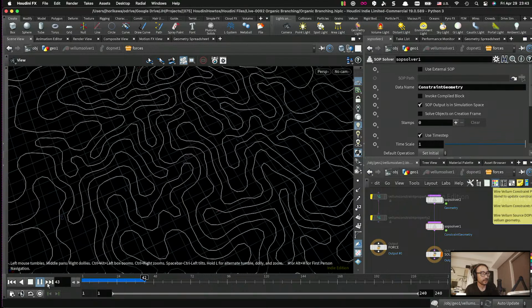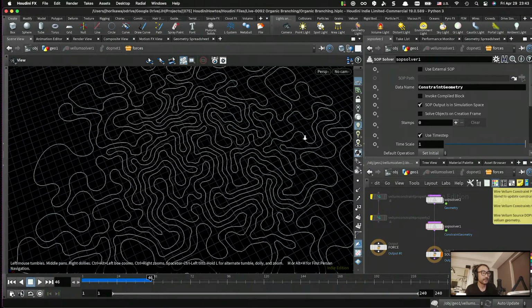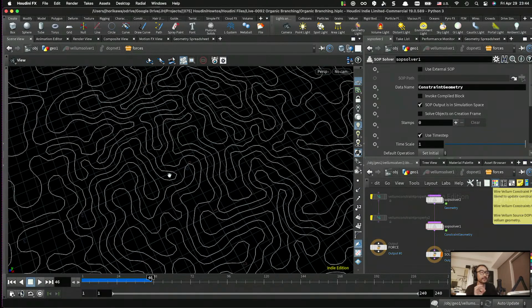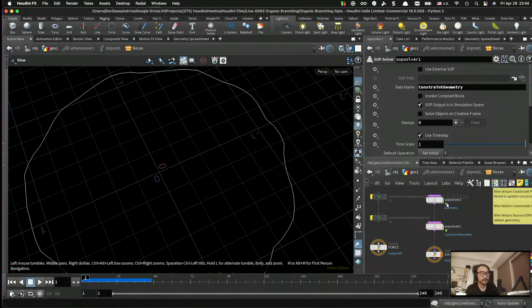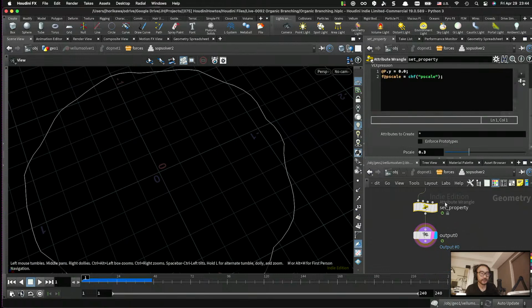And with the value applied to each point as a Pscale, there is a distance between these edges, which is considered as a collision. And if the Pscale is smaller, then the gap between the curve will get smaller. Let's see. So if I go back inside the first subsolver, go to the set properties, and if I set the Pscale to 0.1,